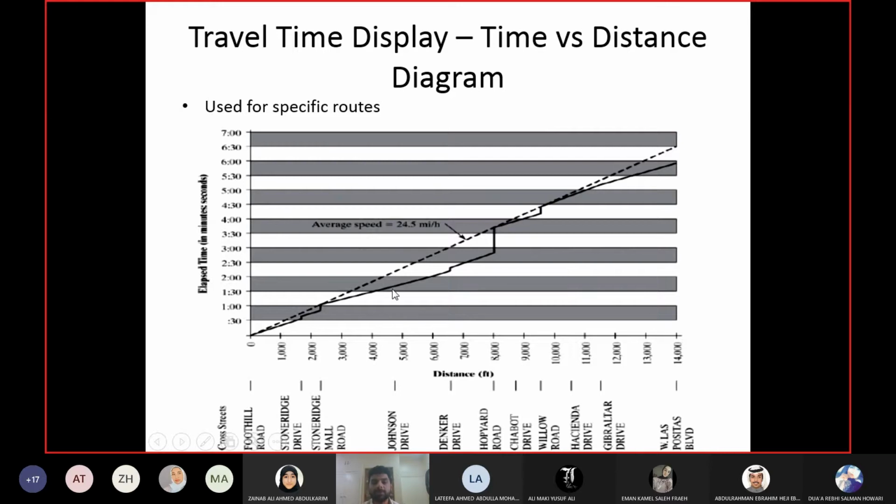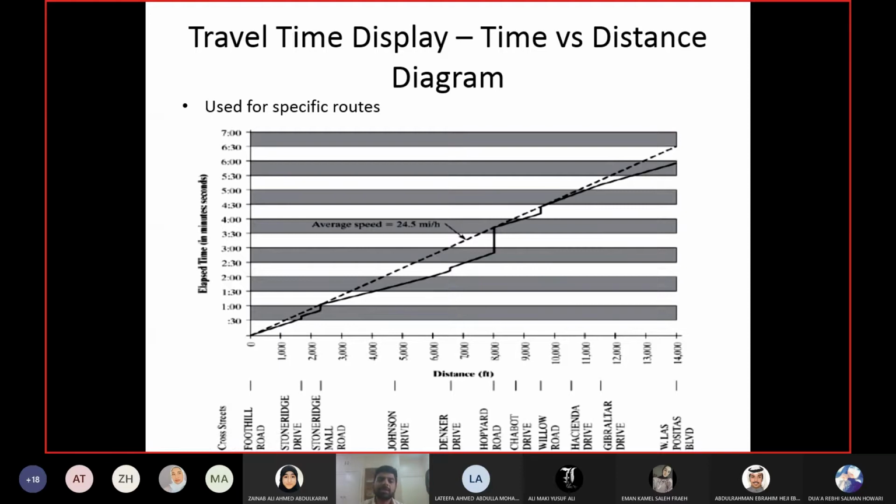Because the vehicle speed is changing, you can see the slope of the line is also changing from one location to another. So if you want to find out the speed in that segment of the road, find out the slope and do the inverse, and you will get the answer in feet per second. Then you do the conversion, divide by 1.47. And if you want to draw a line of a specific speed, then do the inverse of the speed, do the conversion, and that will give you the slope of the line, and then you plot the line. Or you can do the conversion first and then the inverse and then plot the line.